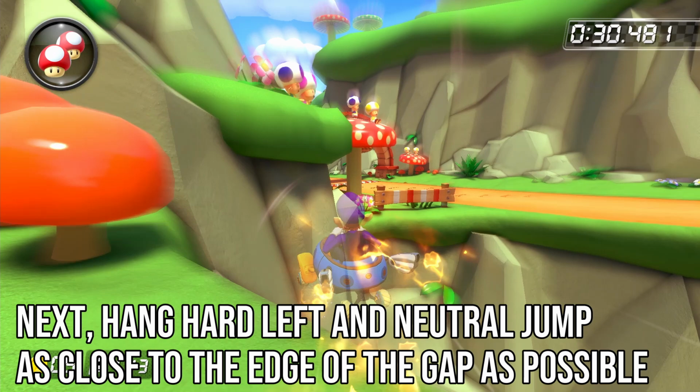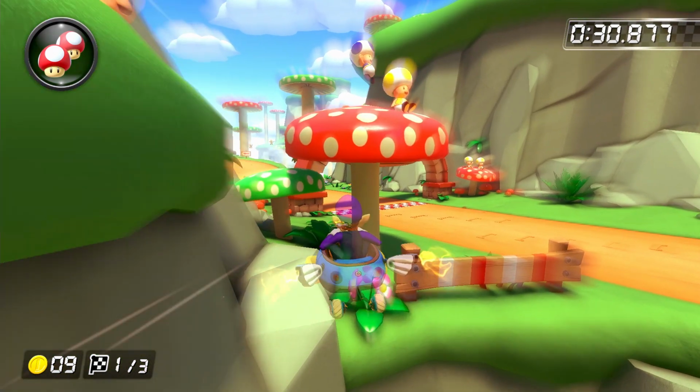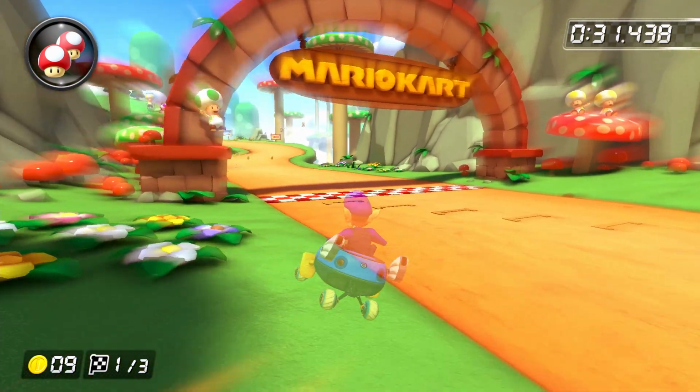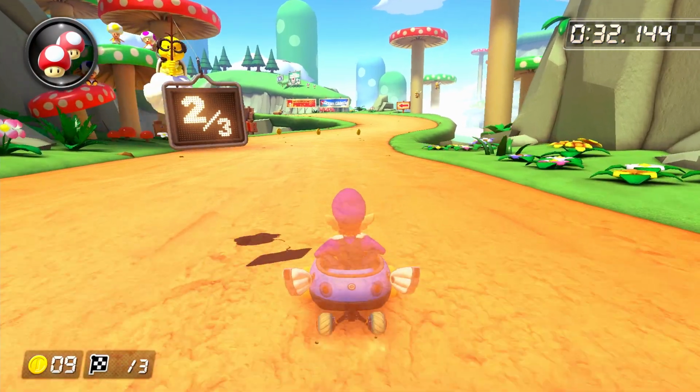Step 3 is to do a jump with your joystick in a neutral position. This jump needs to be delayed pretty hard in the sense that you don't want to actually be jumping until you're like a handful of frames from falling off the course. If you did everything correctly, you'll get a ton of height and clear not only the gap, but the fence